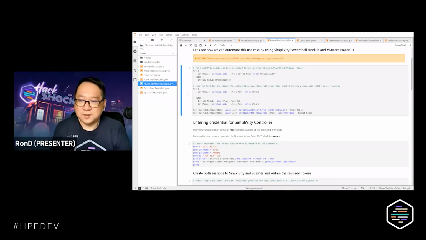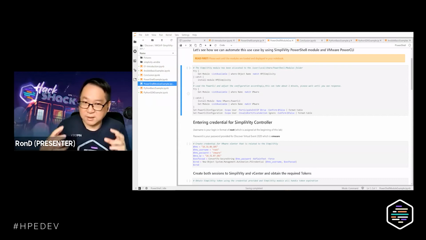First thing first, using SimpliVity, instead of doing very primitive types of operations, we will start by loading this module.